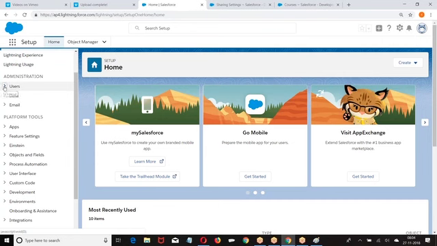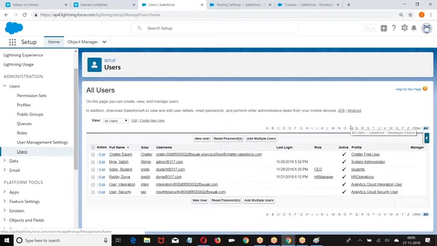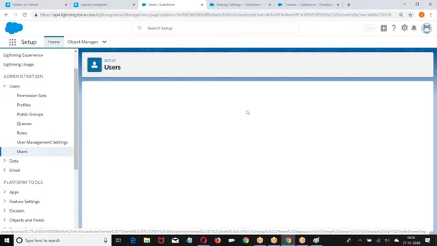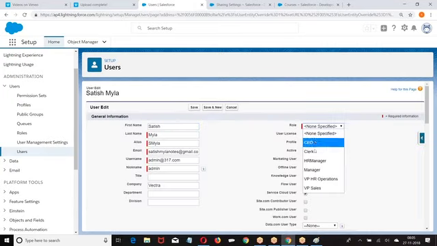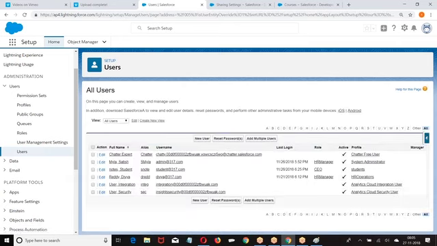Then I am going to users. What is the role of the users? Student has a role of CEO. Admin has a role of HR manager. Now CEO is standing on top of HR manager.